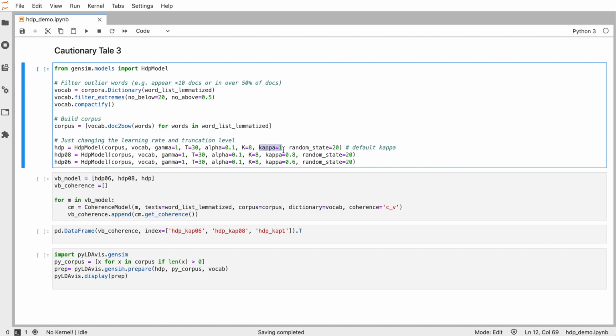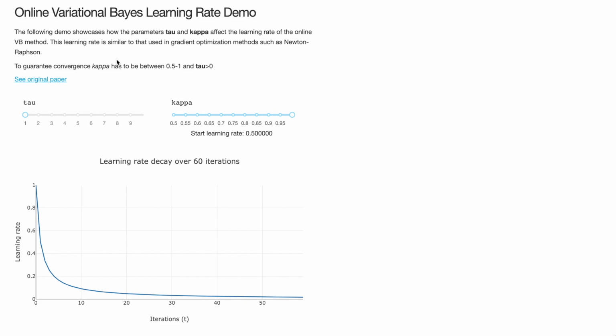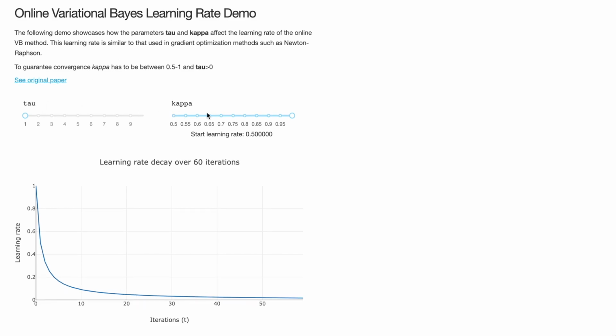You can think about this as somewhat of a gradient descent related algorithm. And so you can think about this as the learning rate at each iteration or each step. And this has a decay kind of like factor. Here is a Heroku Dash app that I built, where you can see how these parameters influence